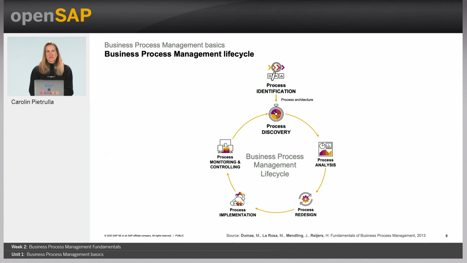Phase 2 is called process discovery and simply consists of gathering all the available information about a process and creating process models of it if necessary. By the way, process modeling is often confused with business process management, but it really is just a very small part of it. But we will talk about process modeling later. So let's focus on our next phase in the BPM lifecycle,